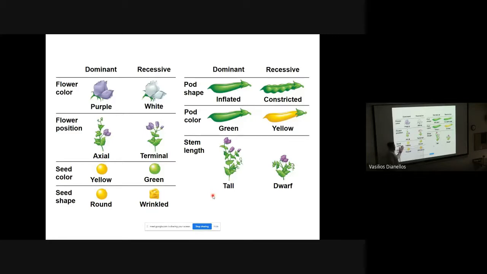Seed color, either yellow or green. Seed shape, was it round? Was it wrinkled? I'm not going to go through those. You can see them. The point is, you don't need to know any of that. Again, the point is that everything he looked at, everything he studied, came in two traits. Right? It was one or the other. Anyway,